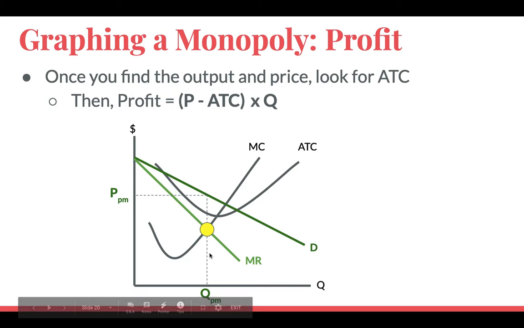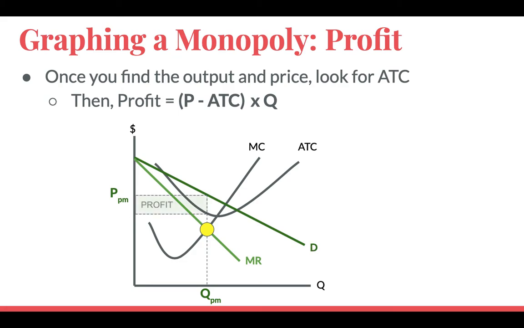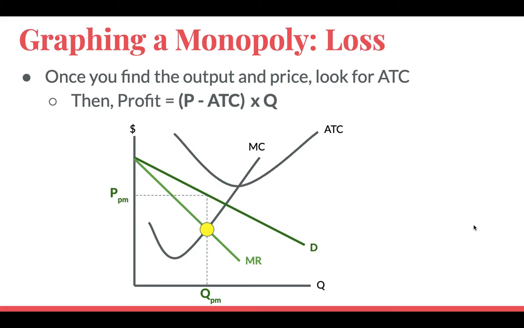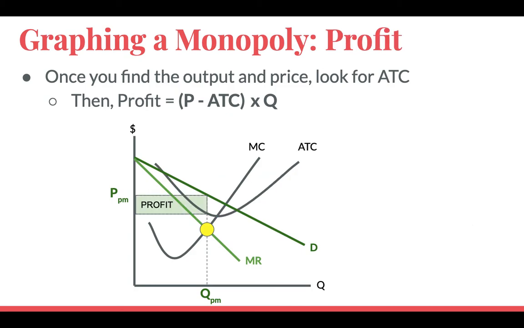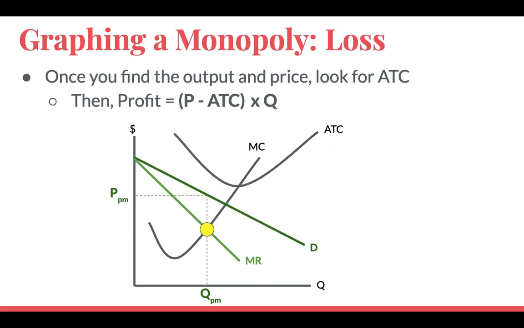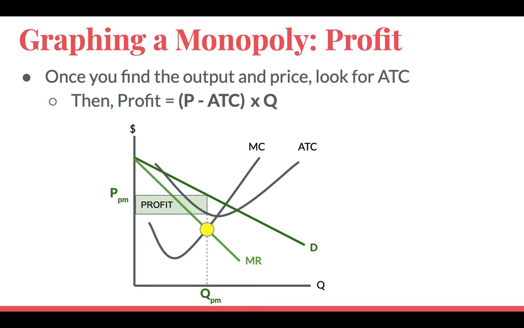Let's take a look at a loss incurring monopoly. It's all about the ATC curve. So in this case, the ATC curve is way up high, right? Here, it was down low. So the only difference between these two graphs, as I keep moving back and forth here and probably driving you nuts, is that ATC curve, as you can probably see.